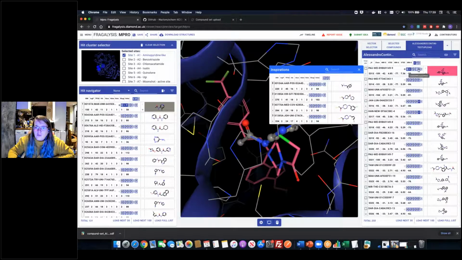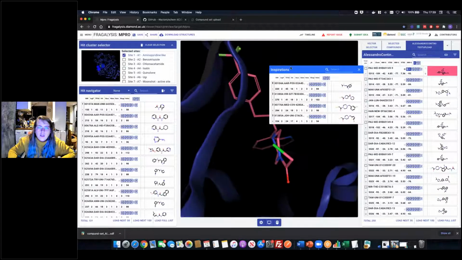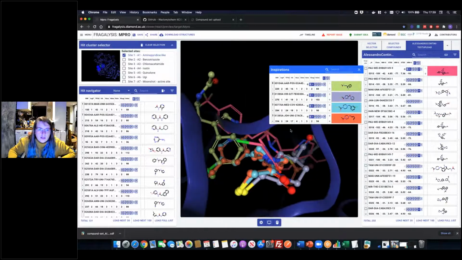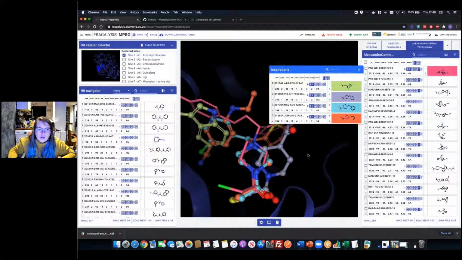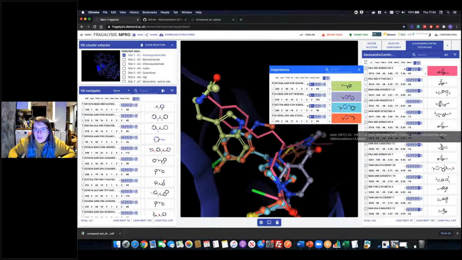So now you can click on the F button, and in the SDF file you upload, you can specify which initial hits inspired your new design. And then in Fragalysis, you're allowing the users to see what's inspired you. So if we then turn some of these on, or even all of them, if I click this button at the top, it'll turn on all of those inspiration ligands, and we can look at the original hits in the context of the new design and start to see where it came from, and how well we're conserving those original hit positions as well. And not only do they turn on here, it's reflected in the left hand side as